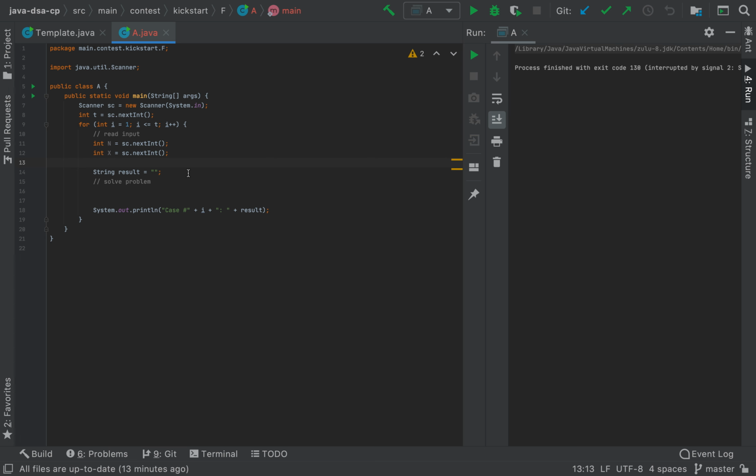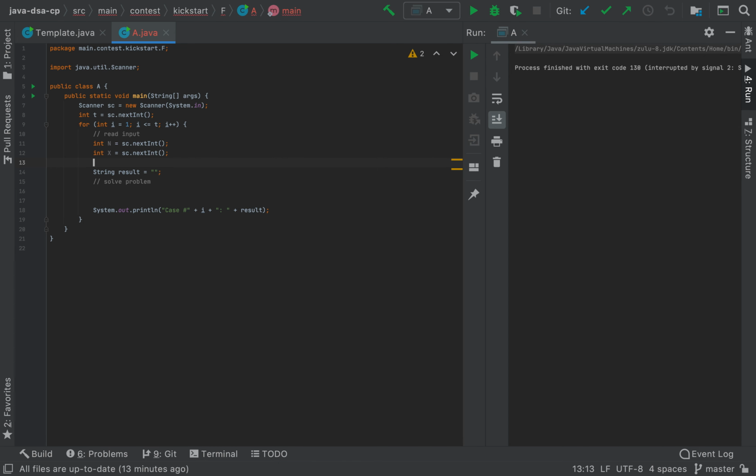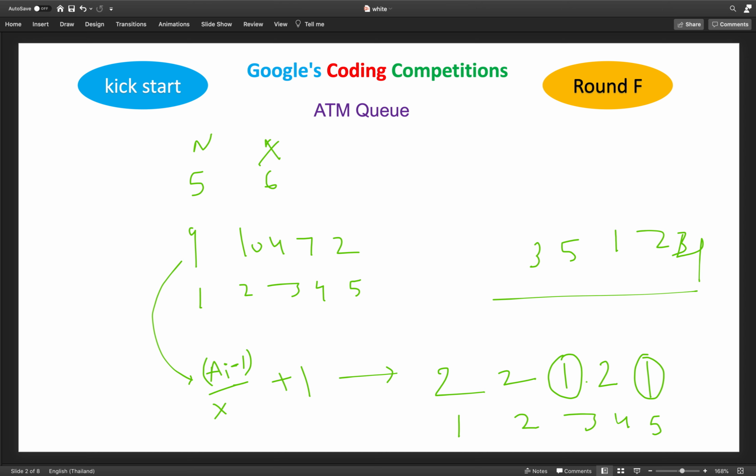Now we will read the input array a. When we are reading a of i, we can calculate the number of rounds by division at that moment itself, and also keep the index.